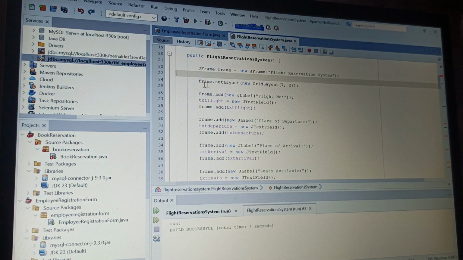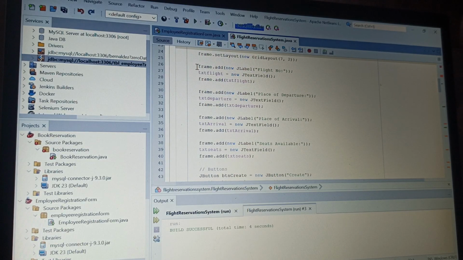In this line, frame.setLayout sets the layout manager to GridLayout with 7 rows and 2 columns, organizing components in a grid.